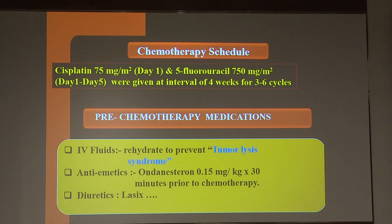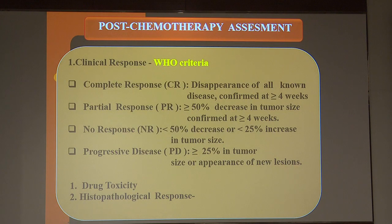Then pre-chemotherapeutic measures are important, that is IV fluid, so the patient is well hydrated to prevent tumor lysis. Antiemetics should be given, and particularly if you are giving cisplatin, which is a nephrotoxic drug, diuretics should be given. Always evaluate the response to chemotherapy according to WHO criteria: complete response is disappearance of all tumor